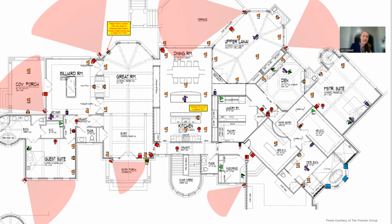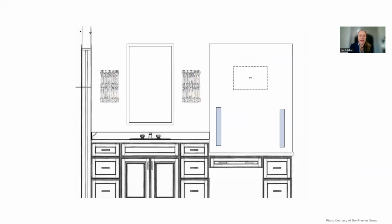So in addition to this, lighting is put on architectural plans, networking, access points, where those are going to be in different areas are put on plans. So essentially, almost all the systems that we showed earlier have a symbol that go on architectural plans so that all trade professionals and the clients can be on the same page on what the technology design is for the particular room. Here's a good example of a line drawing